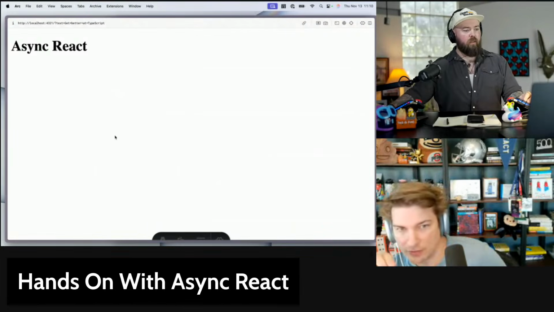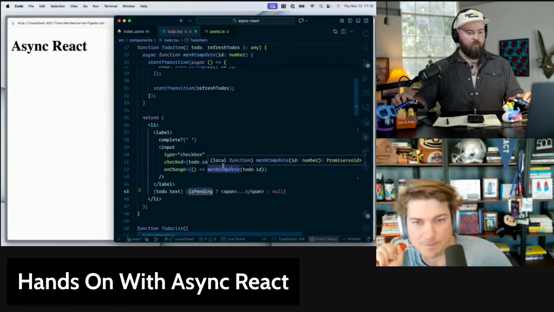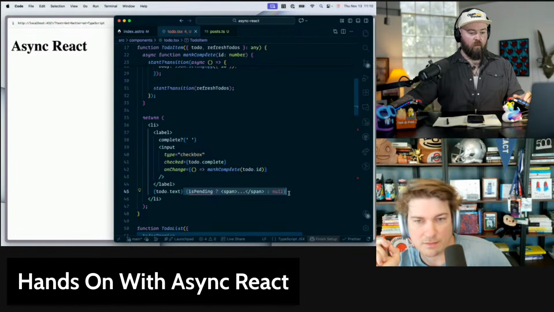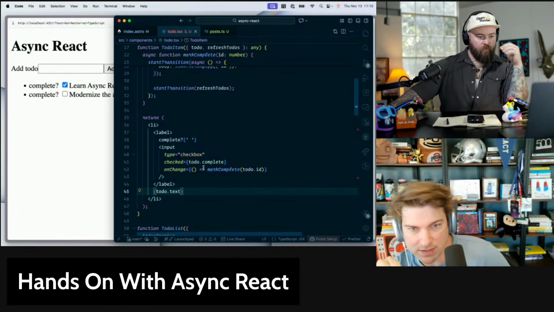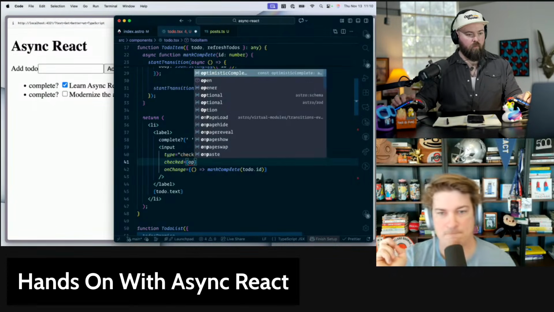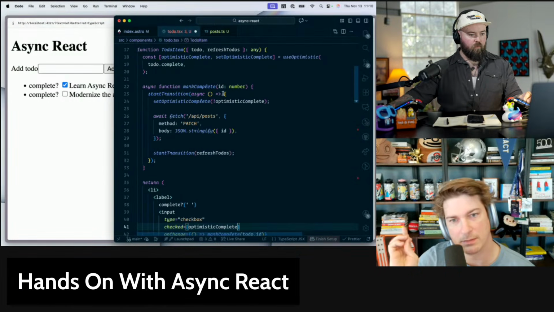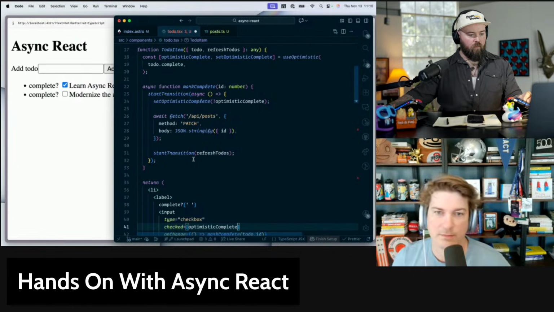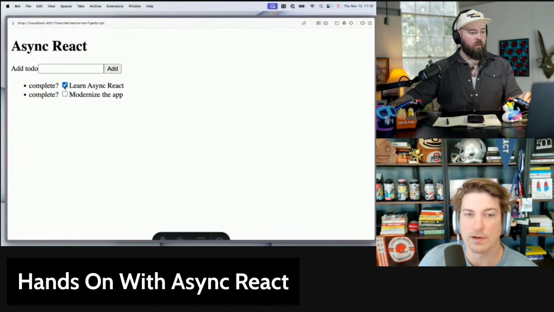Okay. So we actually go down. Oops. We're not quite done yet. Oh, I know why this broke it. We can remove the pending state. Okay, so let's remove it entirely. Yeah, we don't need a pending state now. We're going to do an optimistic update. You're right. The checked state is going to be optimisticComplete. And then one other thing you'll have to do is in markComplete. Yeah, that works. All right. We're happy? Yeah. Okay. So now if you go in the app.